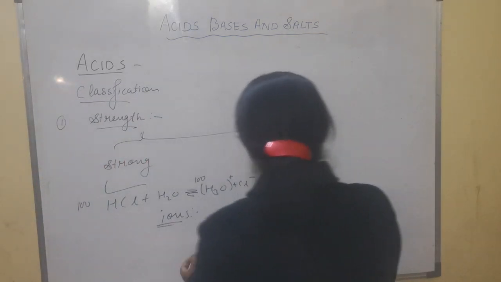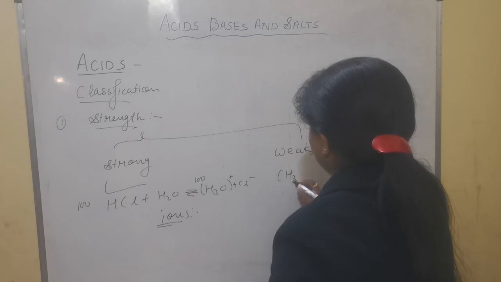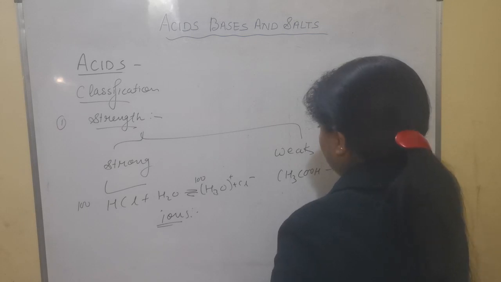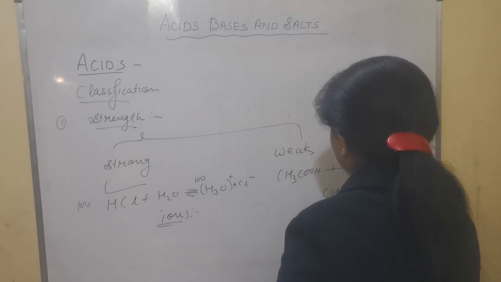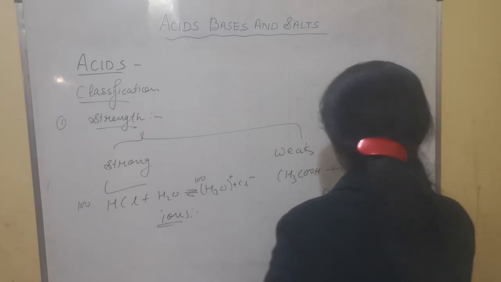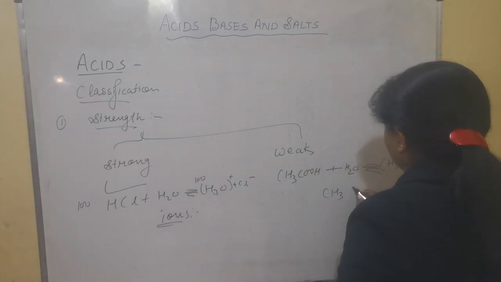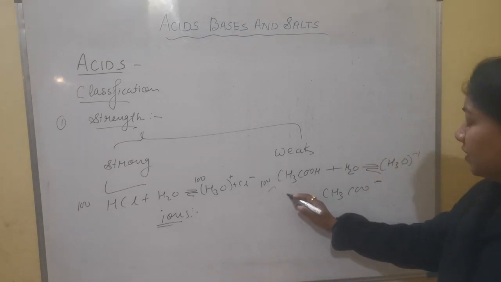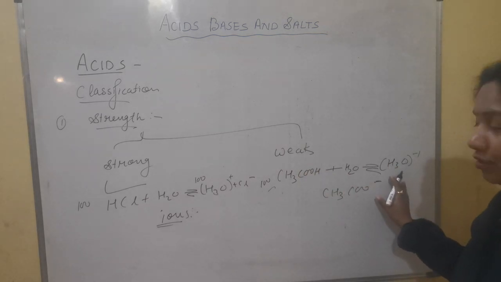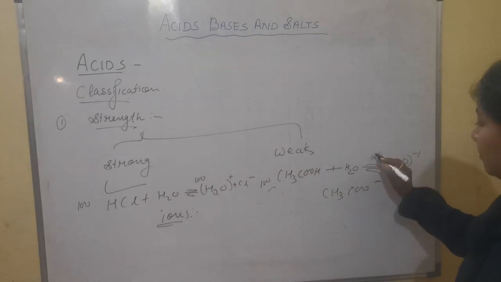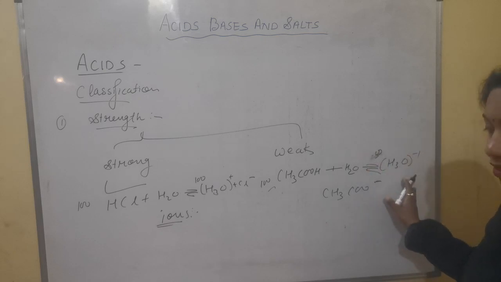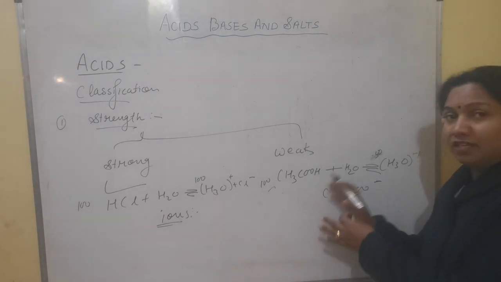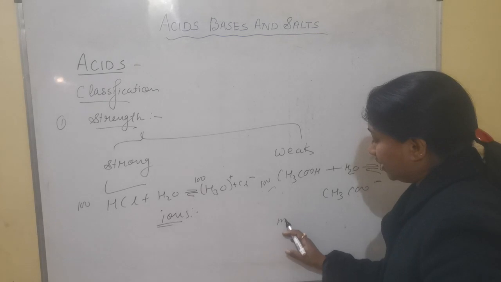Whereas weak acids, say acetic acid is a weak acid. Why is it weak? Suppose we have taken 100 molecules of acetic acid. These 100 molecules will not be completely converted into 100 molecules of hydronium ion. Say some 50 molecules have changed into hydronium ion, and the rest will remain as molecules in the solution. That means the solution of a weak acid will contain molecules